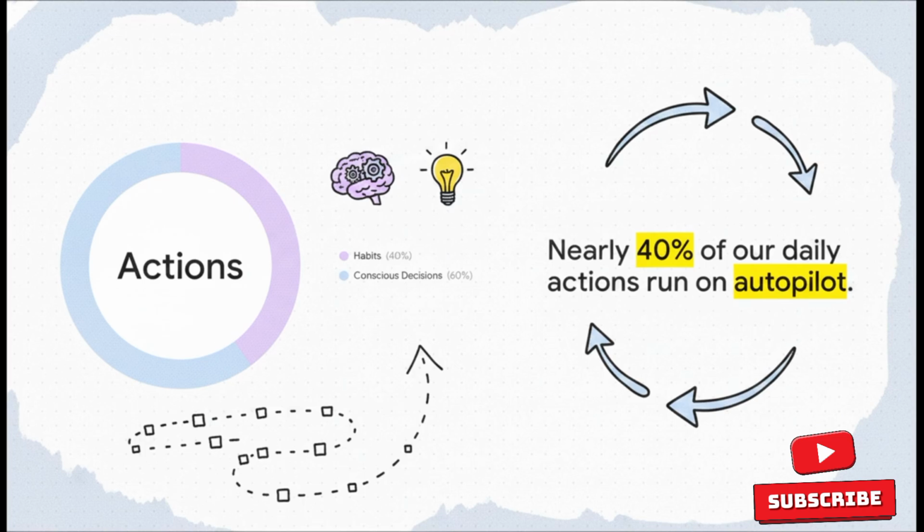40%. Think about that. When you wake up, get dressed, commute to work, choose what to eat, almost half of everything you do every single day is not an actual conscious decision. Calculate what 40% of your waking day looks like in hours. It's massive. But, rather than being intimidated by that number, realize what an opportunity it is. Imagine the kind of power you'd have if you could consciously engineer that 40%.